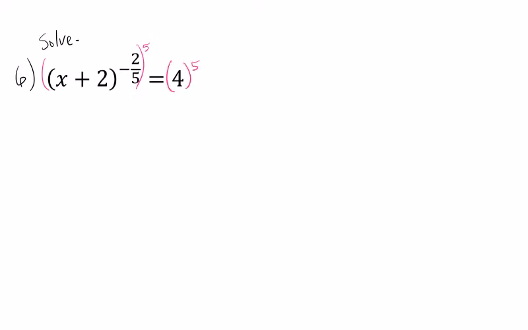Okay, and so that'll cancel out this. And so I'll end up with x plus 2 to the negative 2 power equals 4 to the 5th, which is, calculator time, 1024. Okay. All right, so now,